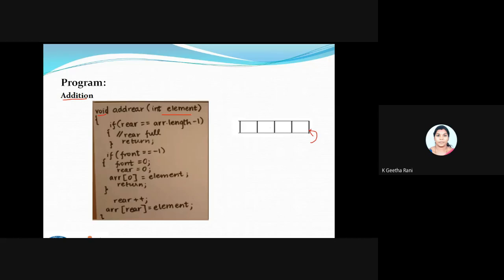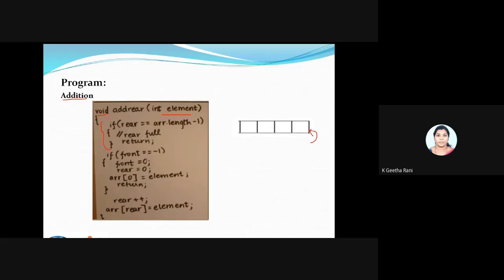So I'm going for first condition. So I'm checking whether the DQ, the queue is full or empty. Okay, so this first particular block tells you the full. So when the rear index is reaching the array's maximum size, then I will tell the queue is full.